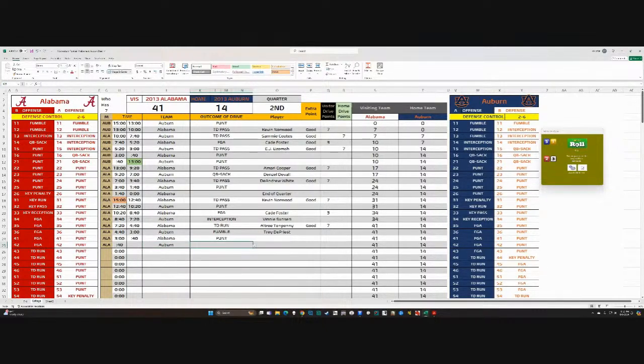Can they return? No, they can't return the punt. Right. Okay. 4-1 is 5 ticks off the clock. It's going to be 2, and then we're going to go back to the top. 3, 4, 5. So we're now at the 14-minute mark